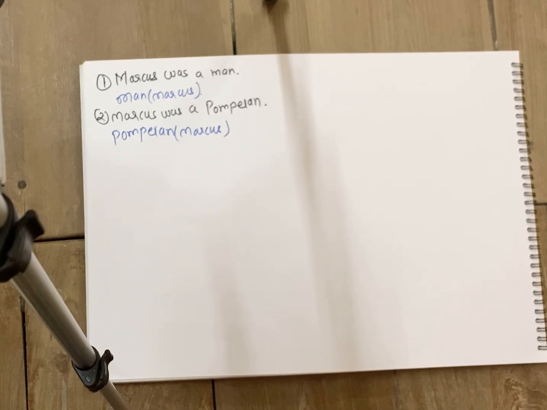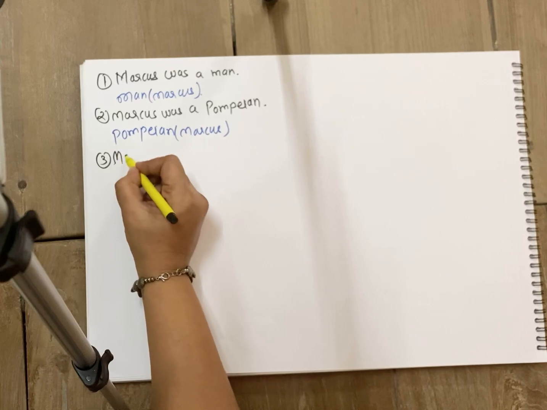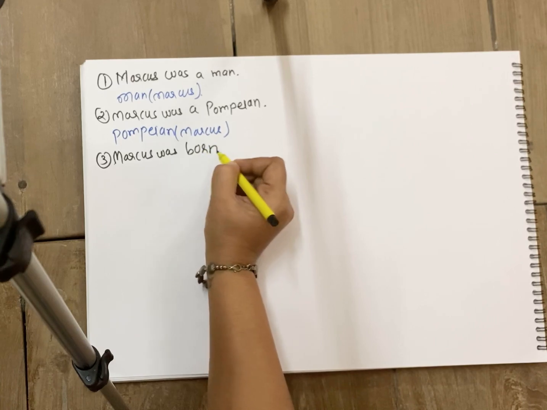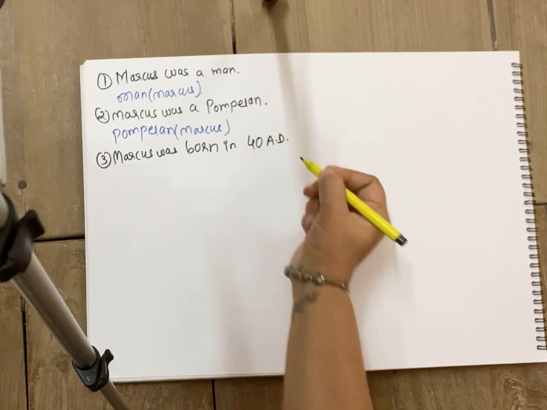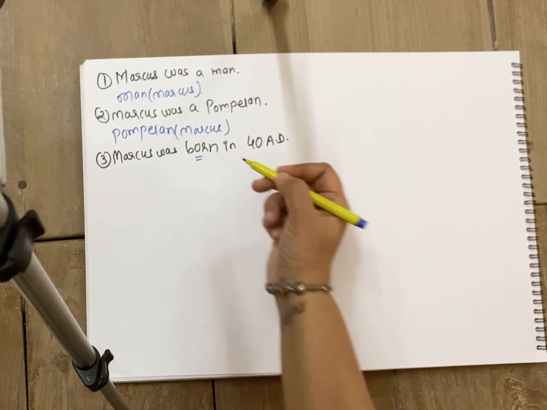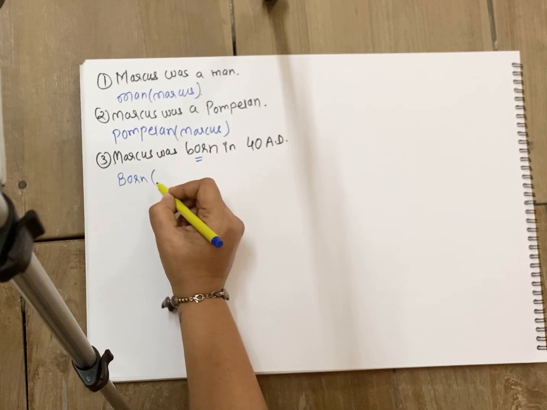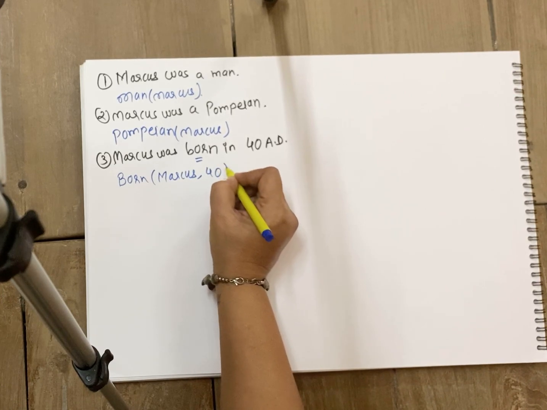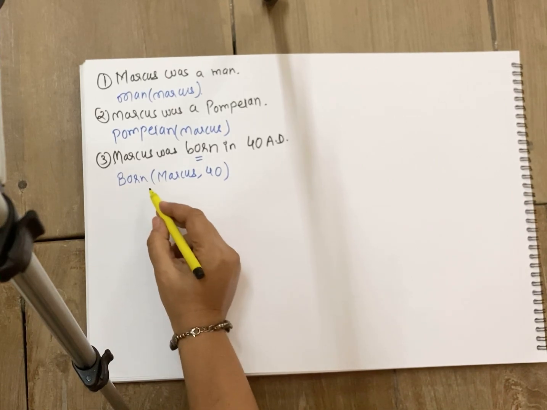Simple. Okay, fine. The third one says Marcus was born in 40 AD. See, this is new, focus here. So what generalized term are we going to pick up as predicate over here? Born. So I'll write it like born. Who was born? Marcus. And in place of writing AD I will just write 40, assuming that by default we are going to take AD only. Fine, so Marcus was born in 40 AD.